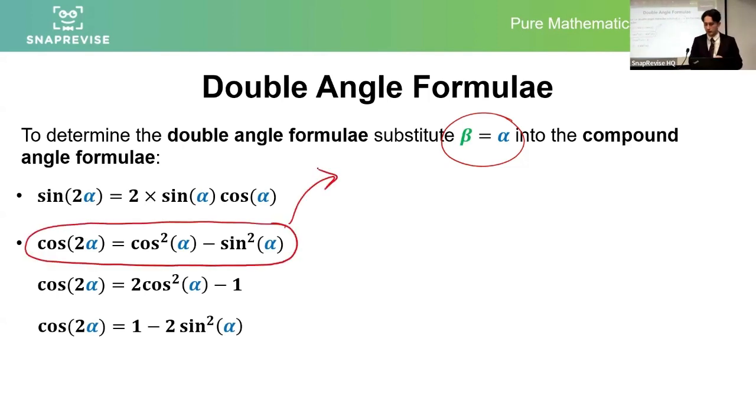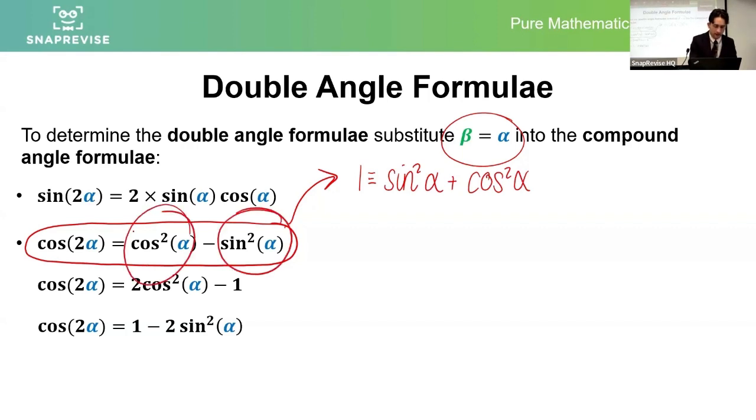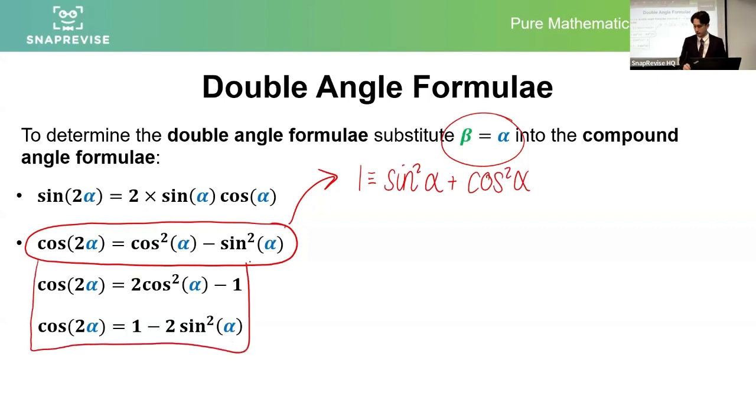So cos of 2 alpha, because we know 1 is identically equal to sine squared plus cos squared, what this allows us to do is we can replace this bit or this bit and therefore get the double angle for cos exclusively in terms of cos or exclusively in terms of sine, making it quite versatile and quite useful for different identities. So these are 3 versions of what we call the double angle for cosine,